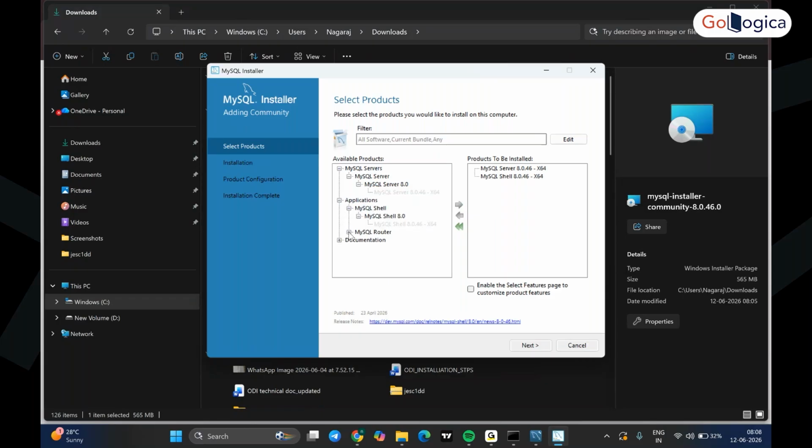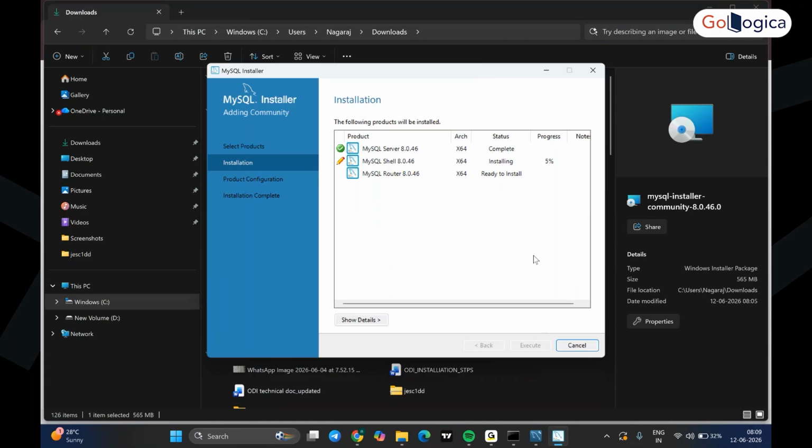Yeah. Shell and root also. Documentation doesn't require. Go ahead with the next. Server application or router. Okay. Is something enable checkbox not required, no? Select no features. No page to customize features. Execute. And workbench, you go to the workbench in the taskbar below. I can see the workbench in the taskbar here, but